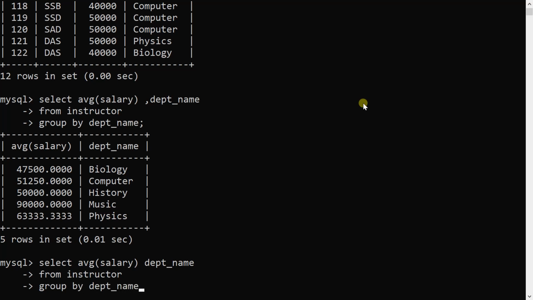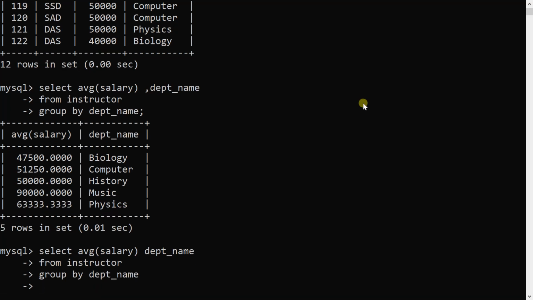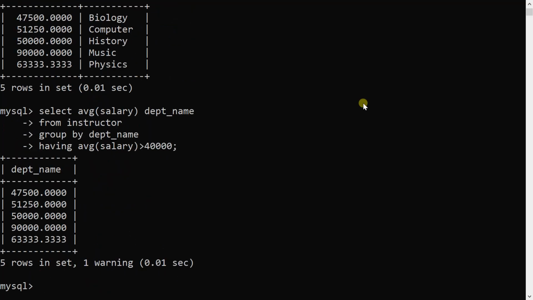Where average salary is greater than 40,000, but we cannot use where, so we have to use the having clause. Having AVG salary is greater than 40,000. So my query will be executed. Okay, I forgot to mention the semicolon, so only the department name has been displayed. So I will execute the same query with a semicolon.